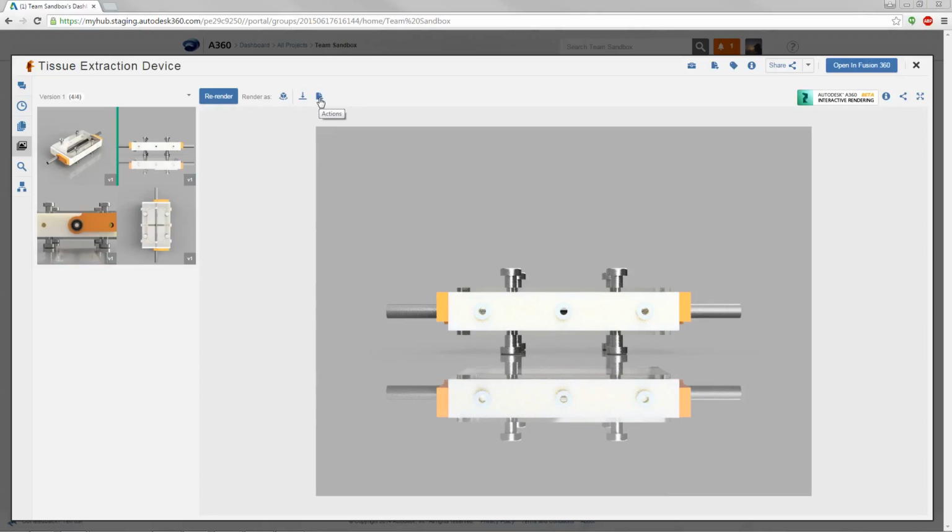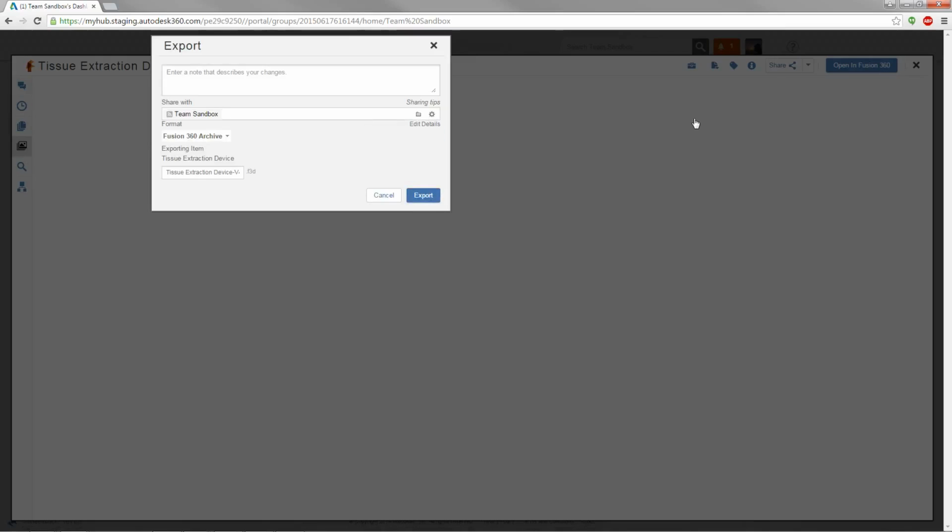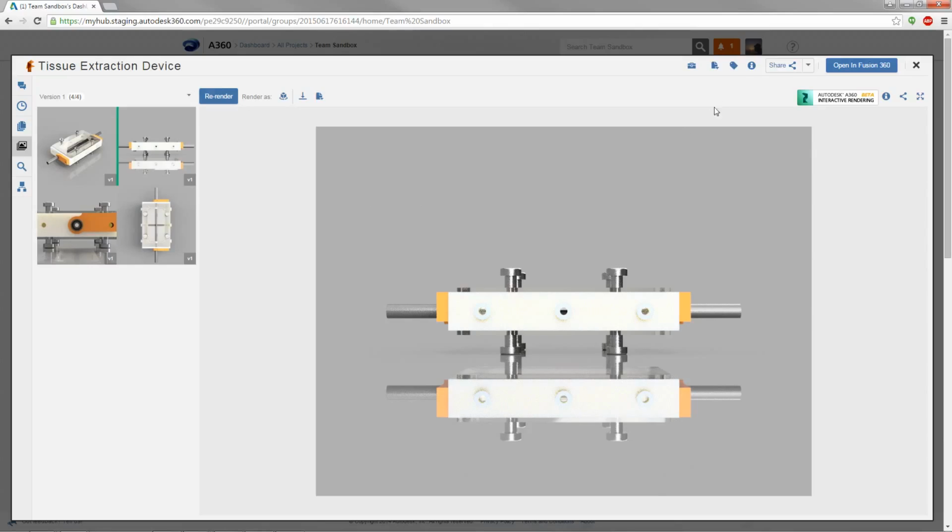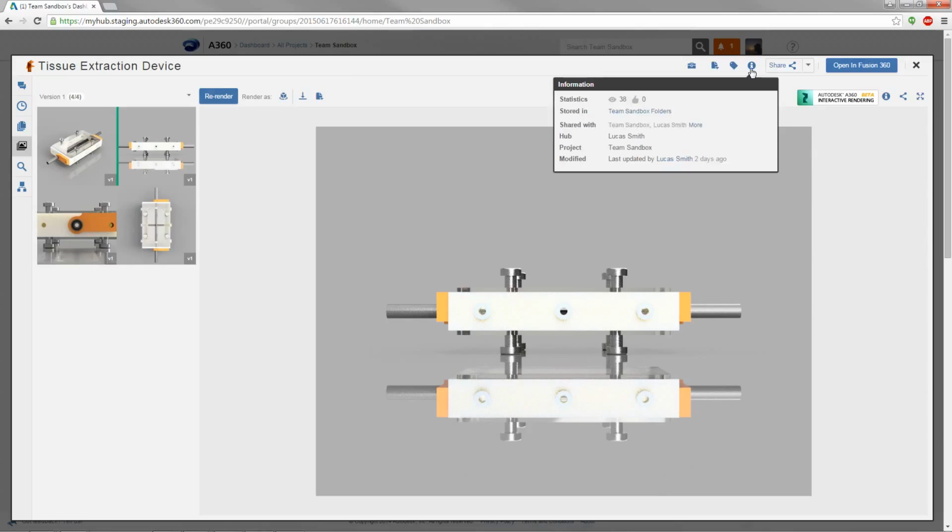Before moving on, there are a few more items in this preview window worth mentioning. At the top of the window, you'll find a row of icons. Here under the Tools icon, you can export this design in a variety of file formats. I'll click the icon, and here in the Format dropdown, you can select from many of the most common 3D modeling file formats to share your designs. The Information icon will show you some quick statistics for the design, including where it's stored, who it's shared with,